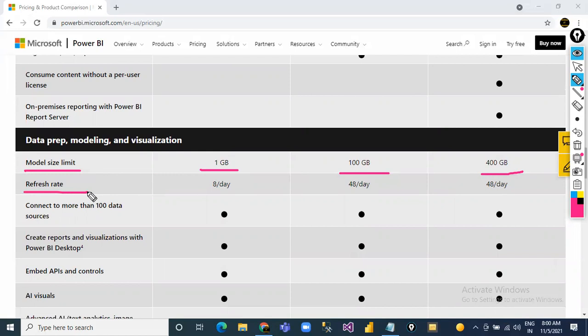The refresh rate: whenever you automate the refresh in Power BI Pro, you can refresh the data 8 times per day, but in Power BI Premium per user 48 times per day. So basically you can refresh the report every half an hour in the Premium version, but in Pro you can refresh only 8 times a day.